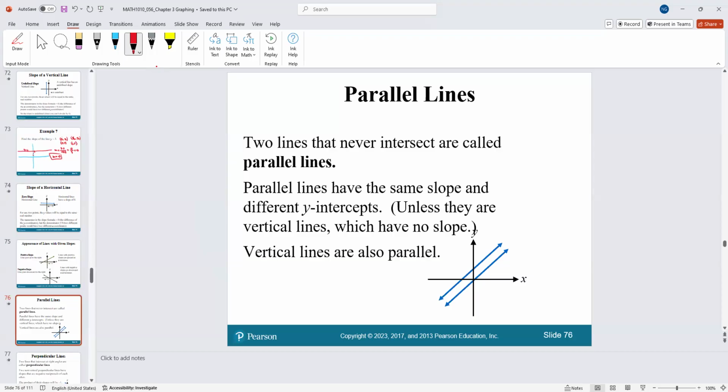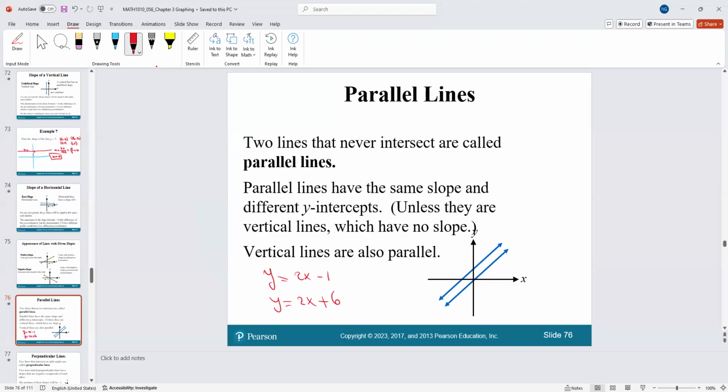Two lines that never intersect are called parallel lines. So that's something you need to remember in terms of different slopes. If you have two lines that would never meet, we call them parallel. Parallel lines have the same slope and different y-intercepts, right? For example, y equals 2x minus 1 and y equals 2x plus 6. These two lines are parallel because the slopes are the same, the coefficients of x are the same, but